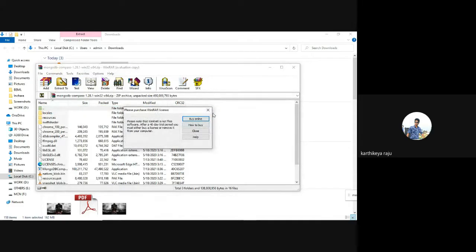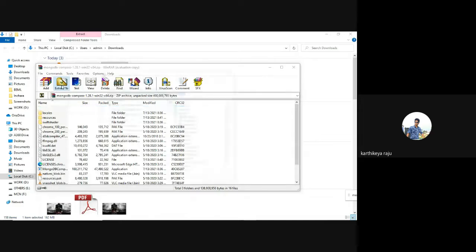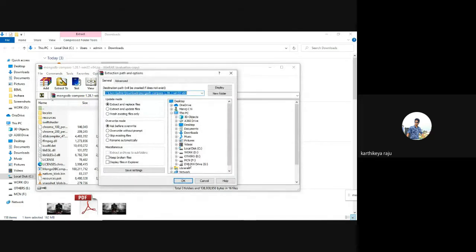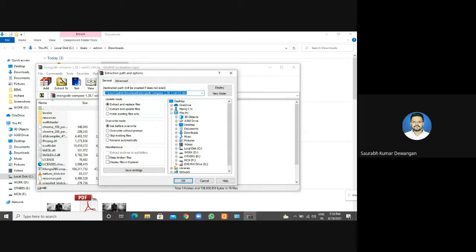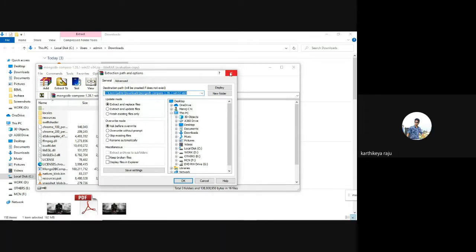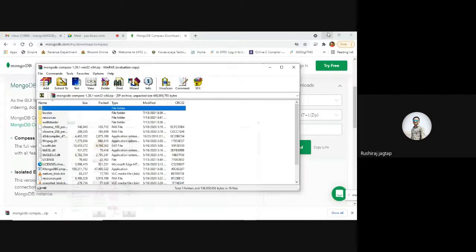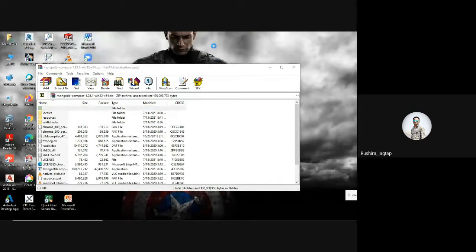Sir, once share the MongoDB download link. Yeah, I have shared it, right? Let me share it again. Okay. After installing, I just have to click on next, right?